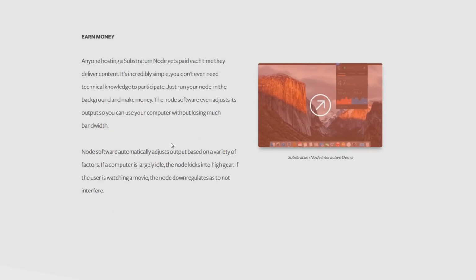And then how do you guys earn money? So this is what you guys have been waiting for in this video. Anyone hosting a Substratum node gets paid each time they deliver content. It's incredibly simple. You don't even need the technical knowledge to participate. So the barrier to entry, again, is very low with this, and it doesn't involve a lot of knowledge about computers, technology, or even the ins and outs of cryptocurrency that mining may provide, as again, another barrier to entry with that. Substratum makes it very easy for the average person to host nodes, which is huge for mass adoption